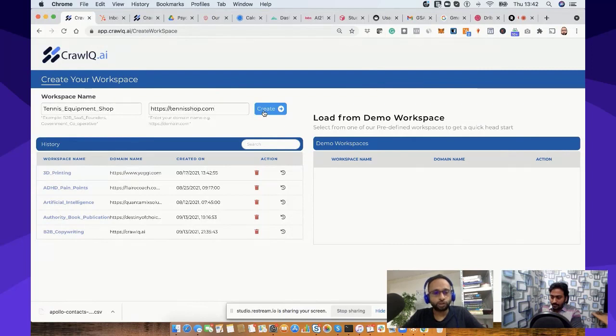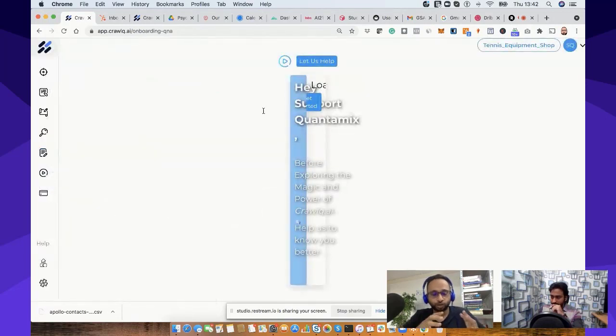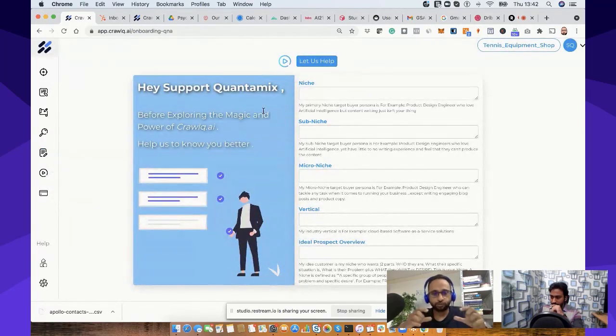It's just to connect our business idea with a specific domain. At this point, it's not crawling or anything related to that. It's just to make sure that every project has a specific domain attached to it. That's the main idea. So let's work on a couple of onboarding questions,